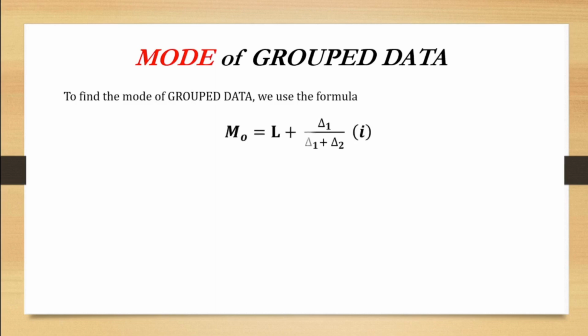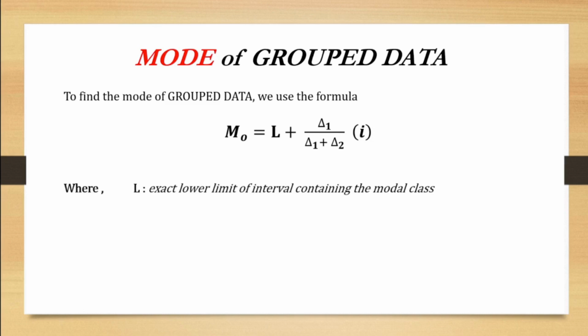Mode of grouped data. To find the mode of grouped data, we use the formula: Mode is equal to the exact lower limit plus delta sub 1 divided by delta sub 1 plus delta sub 2, times the class size interval,